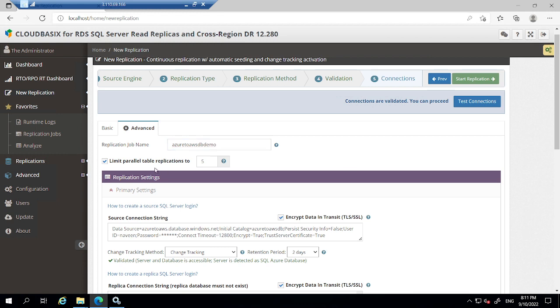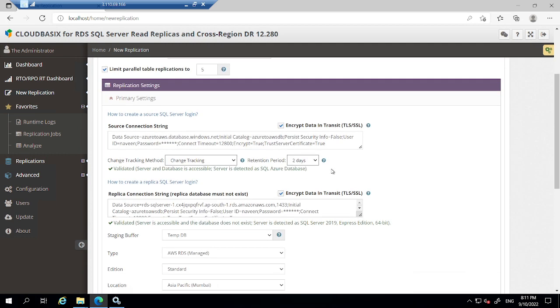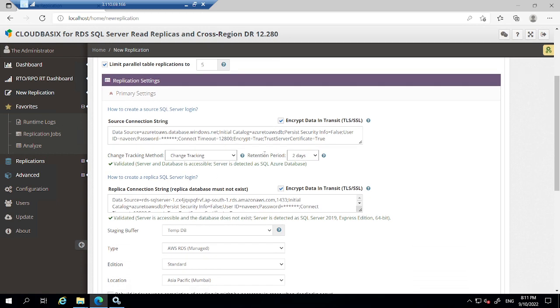Okay, and limit parallel table replication to 5. So 5 is the default. You can change it, and this is what I was talking about. You can either go for CDC or change tracking. And if you don't want to go with these two, I think you had a third option